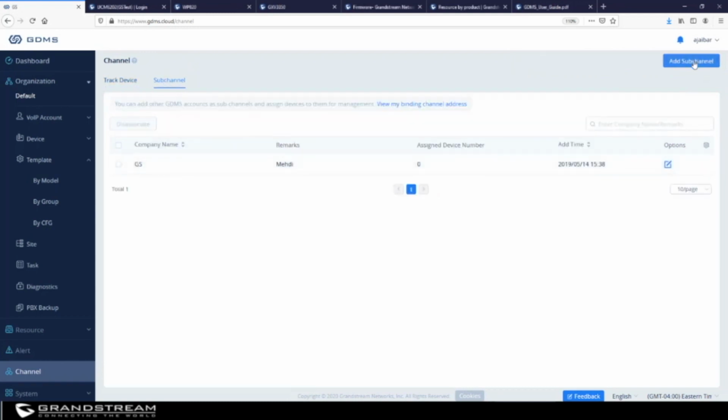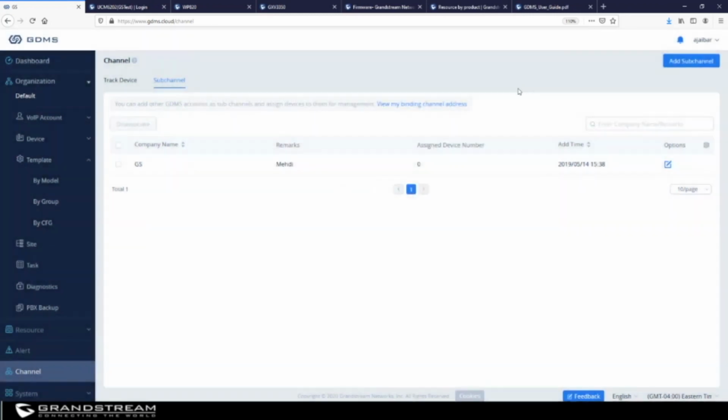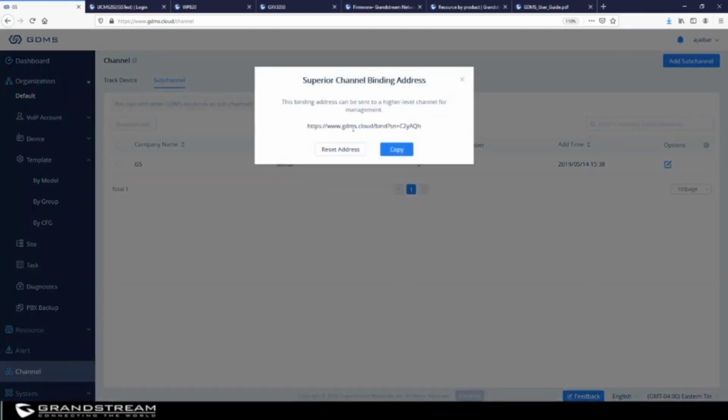So the way you add sub-channels. Let's say I want to add a sub-channel here. It's going to ask me for the channel binding address. The way to get that information is under here, view my binding channel address. So I can copy this one,